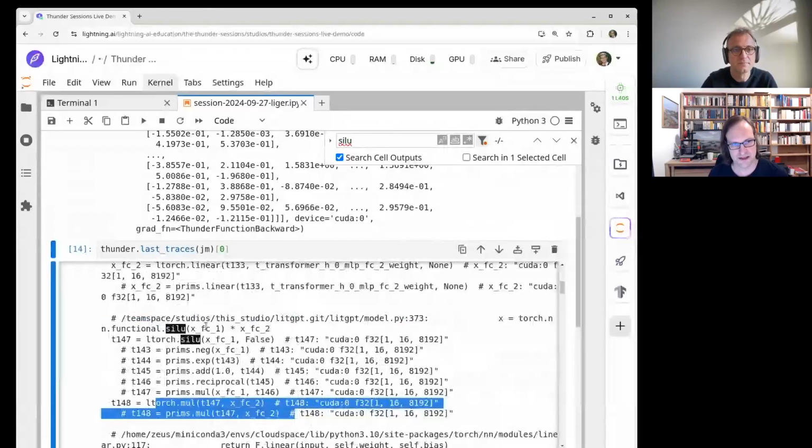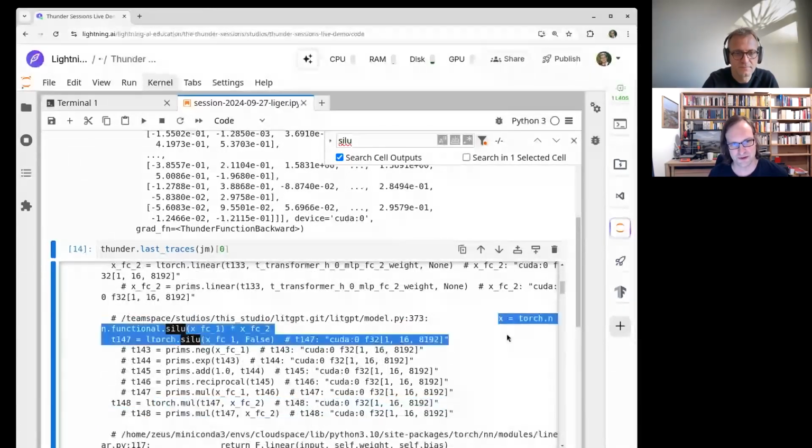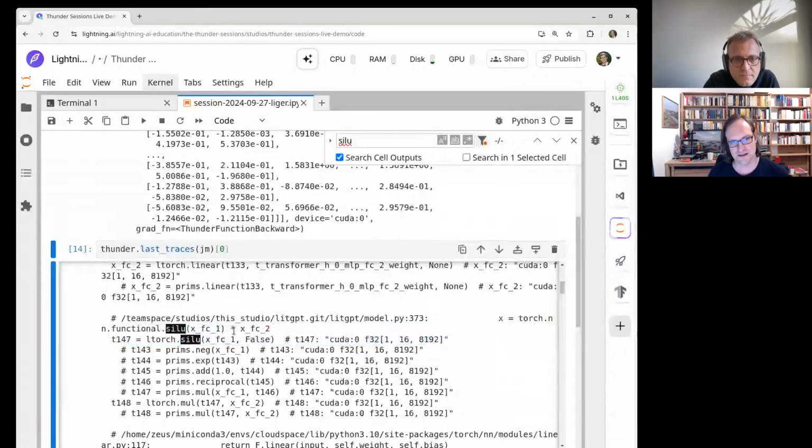And here you see the source code line from LitGPT that does exactly that. So this line with the silu and the multiplication is exactly what the SwiGLU also does.